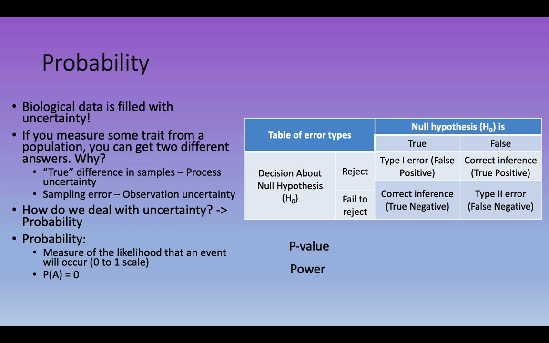And so if you think about this, you guys have all probably seen a p-value at some point by this time, right? P-values are measures of type 1 errors, right? That's why you want your p-value to be low, because you want a low probability that the null hypothesis is true and you've rejected it, right? This is a conservative approach to science.